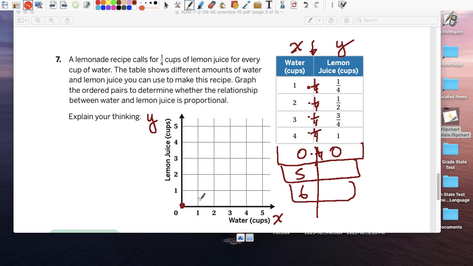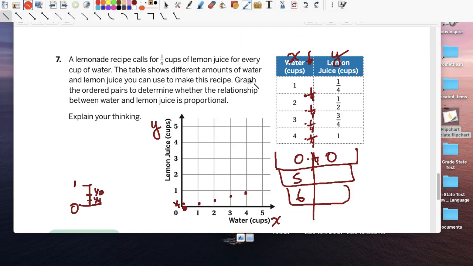1 cup of water, 1/4. So someone's going to say, oh my God, where's 1/4? Well, think about this for a second. If that's 0 and this is 1, that would be a half, right? And half of a half is 1/4. So if I took here, 1/4 should be about here, right? That's 1/4. So shift over, 1/4. 2, half. Half is just a little bit higher. 3 cups of water, it would be 3/4, a little bit higher. 4 cups of water, finally 1 cup of juice. Can you connect? Yeah,